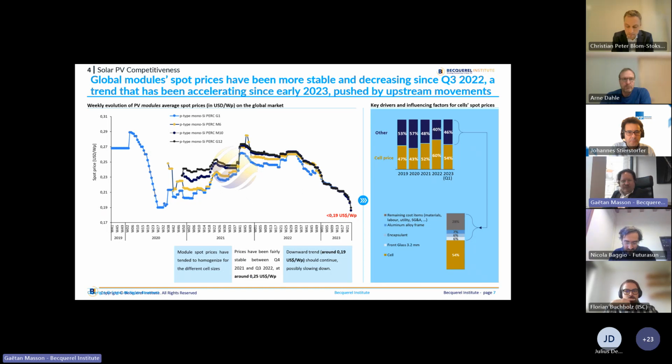issues that we have and which are the cause for many delays in manufacturing projects that we have seen in 2023. The first one is the very sharp decrease that we have seen in PV module prices, but also cells, wafers and polysilicon, which is frightening many investors, because when we finished that figure, we were below $0.19 per watt peak, which is a little bit the high range of Chinese production costs,